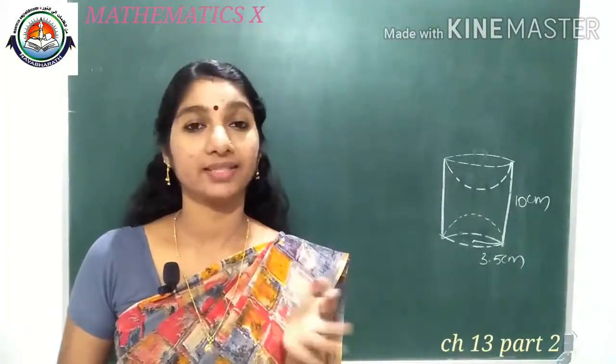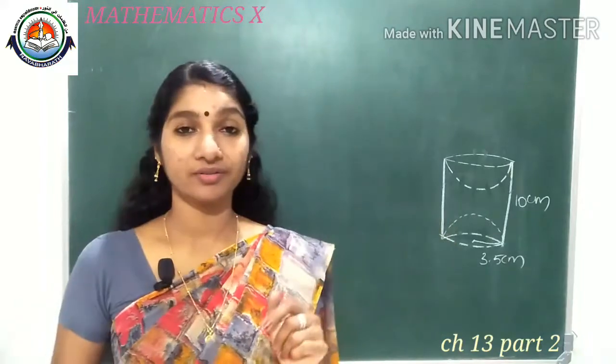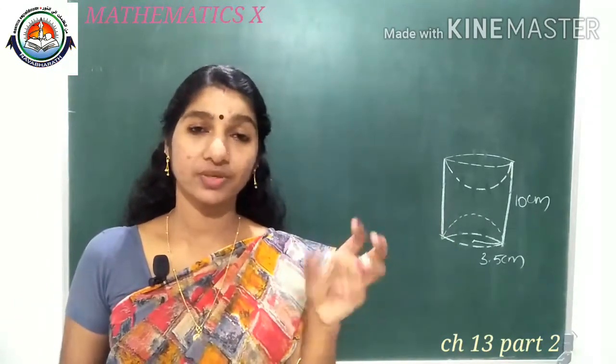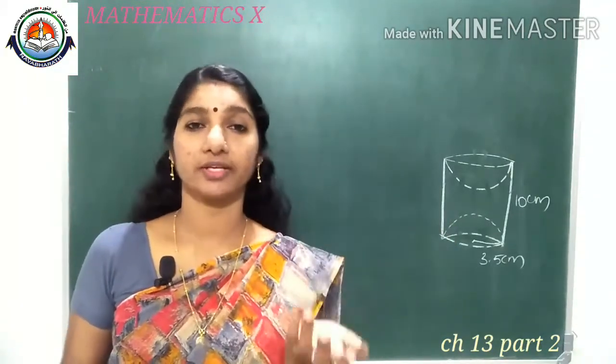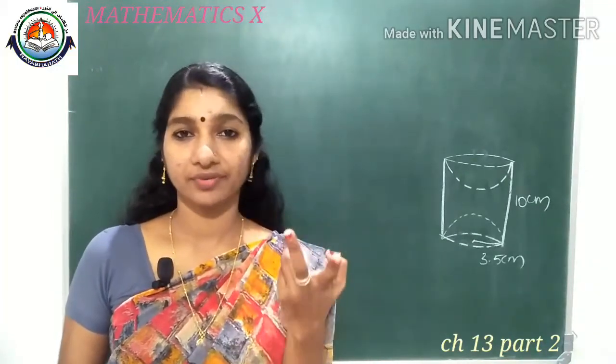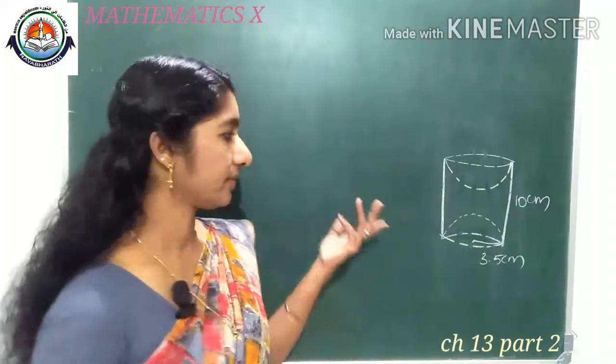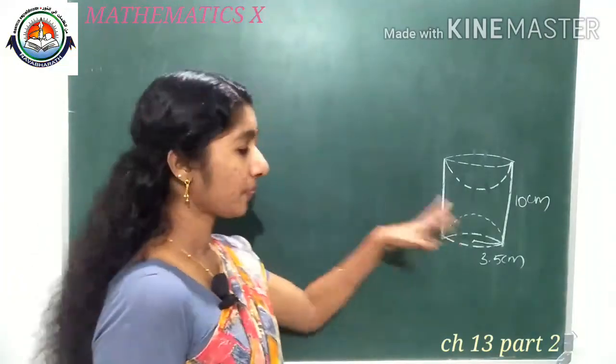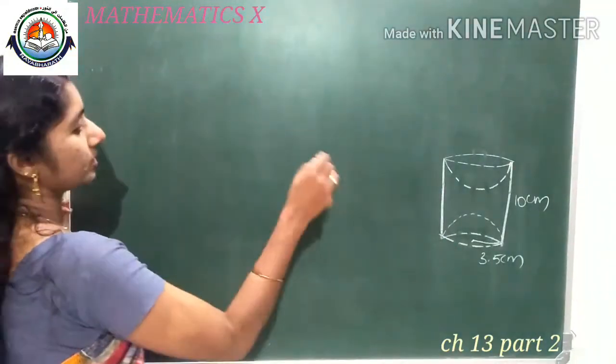So first we need to make the equation, and here the radius of this hemisphere and the cylinder are the same, so we can use the same letter. You have to notice that one: don't use the same letter for different lengths. Okay, so here we can use a small letter r for writing the radius, otherwise you need to use a different one.